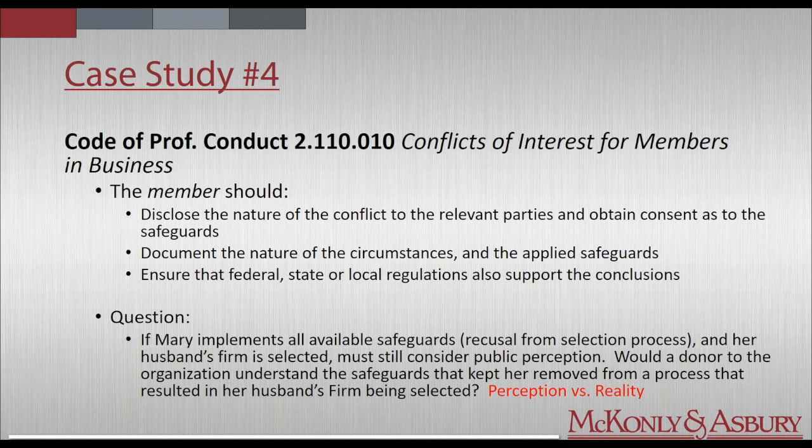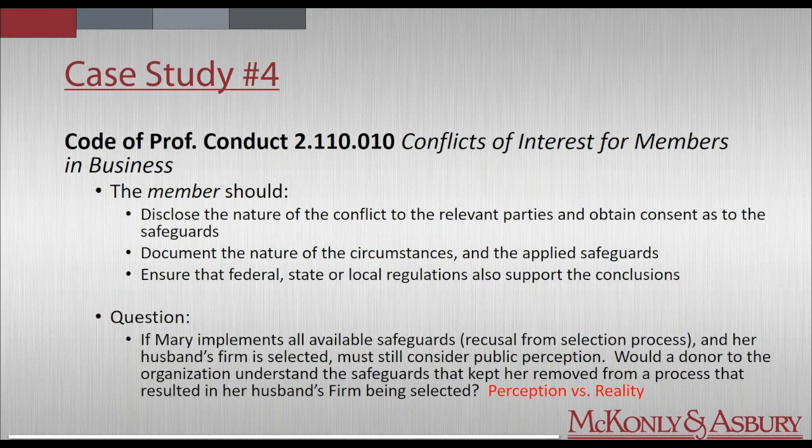So I think in this case, you would come to a conclusion that if Mary removes herself from the process, creates a subcommittee of relevant individuals inside the organization who report directly to the board, who makes the final call, she's documented all of this process and removed herself from the process, and has made it clear to all parties that this is how she's staying objective and clean and clear on it. She's probably done the right thing, but that final question needs to be asked, particularly in a nonprofit world,